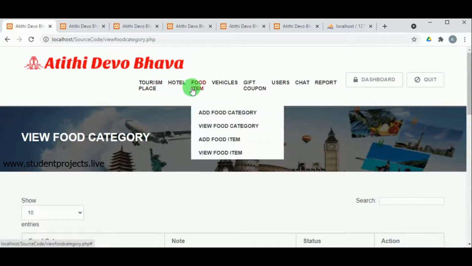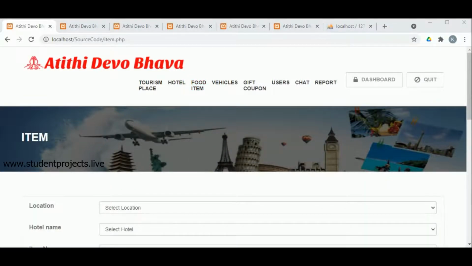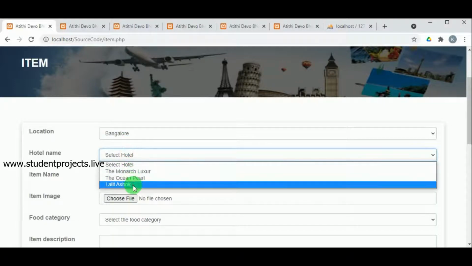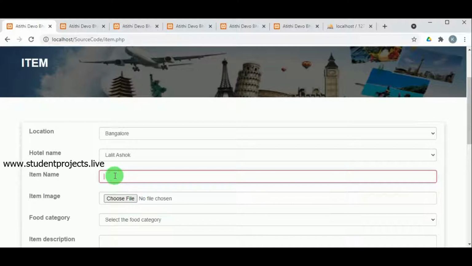Under add food item, here by selecting the location, and then the hotel must be selected, and the item name, that is what is the food item that can be served to the customers. Then the image of that food item must be selected.